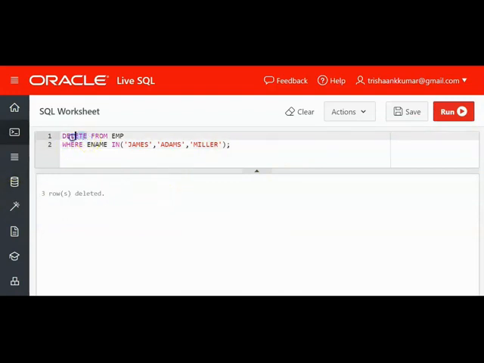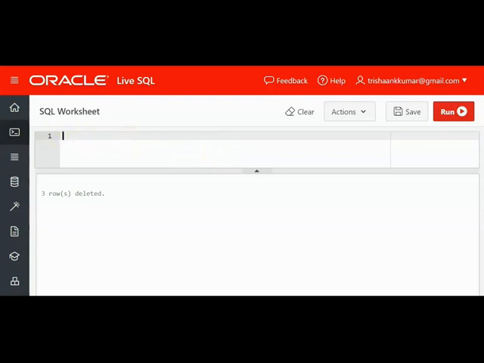We can also perform update operations as well. Update so and so record, or else you can insert data from one table into another table with certain conditions. For example, we have another table called EMP2 with the same structure. What I can do is insert into EMP2 select star from EMP where ename in James, Adams, Miller. That also you can do. So you can try these possible combinations with update and insert as well. You can try this with the help of the previous sessions, delete and update. All those examples you can try once more with this in condition. Alright, this is one dimension.